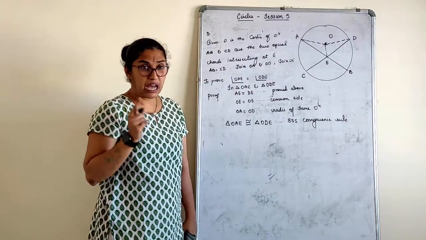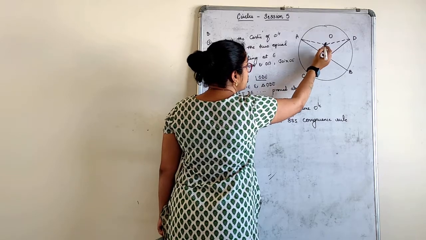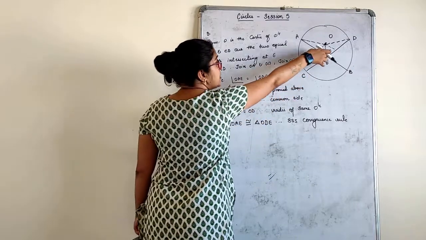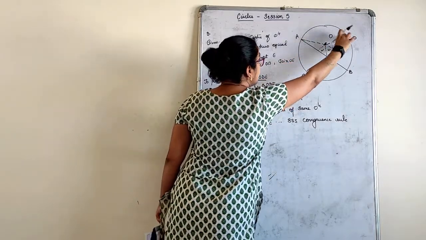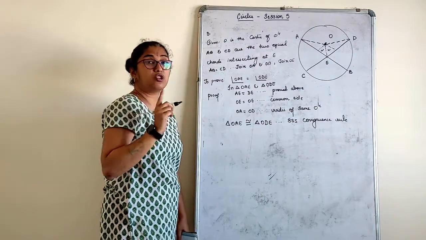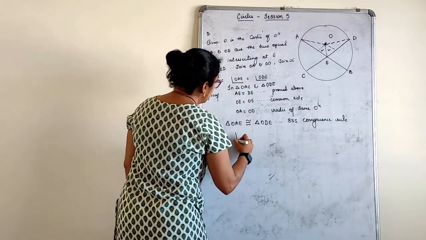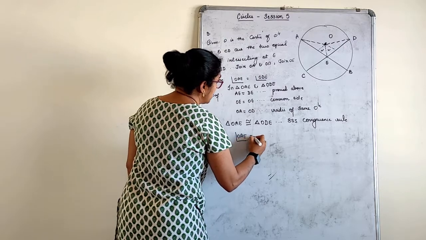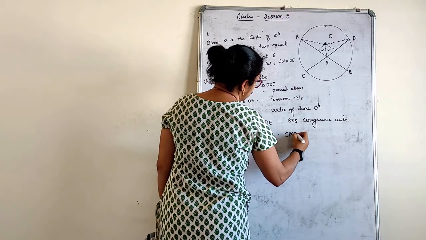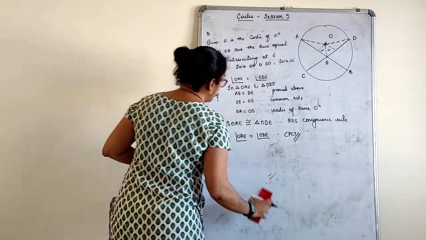Only if this question is asked, there are a few more steps. What you do is consider a construction, prove that these two triangles are congruent, that means these two smaller sides are equal, add the remaining part and say AE is equal to DE. The same steps we did in the previous sum are going to be repeated there. So by SSS congruency, angle OAE is equal to angle ODE, by CPCT. Hence proved.